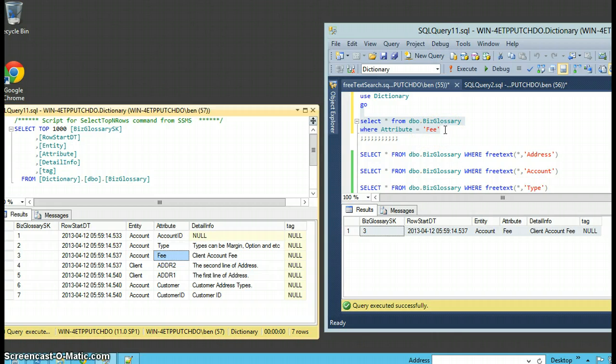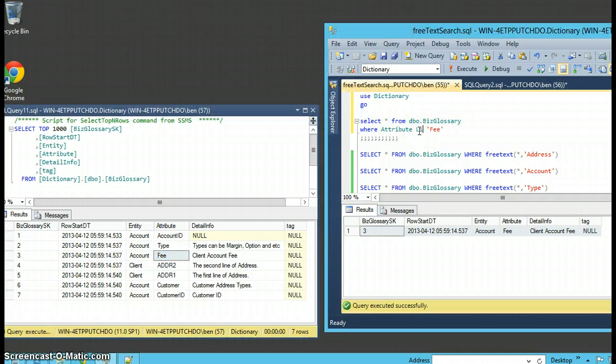Now the next step is, if I'm looking for something I don't know the full spelling of, I can type in something like this and use this kind of matching to match anything within this column that has a word starting with TYP and whatever matches. Well, it turns out to be type. And if I am looking for something like account,